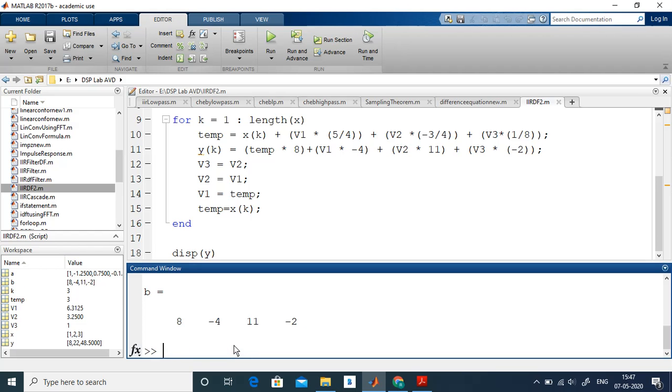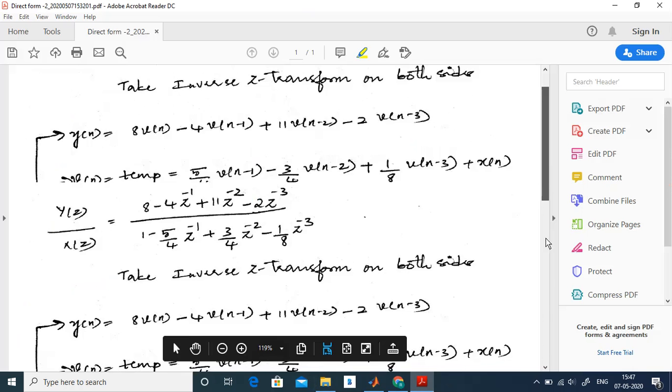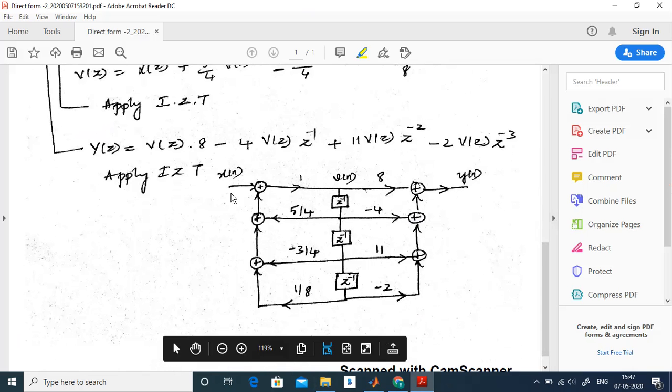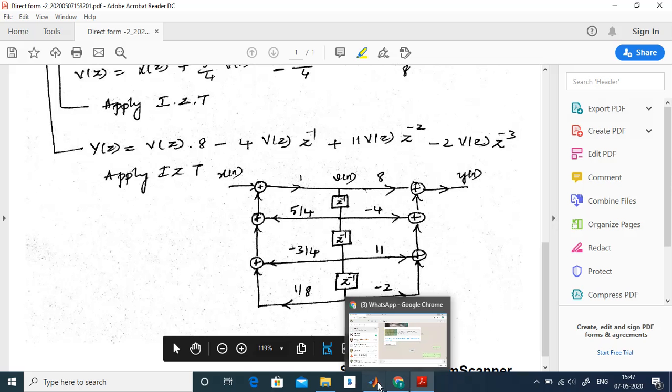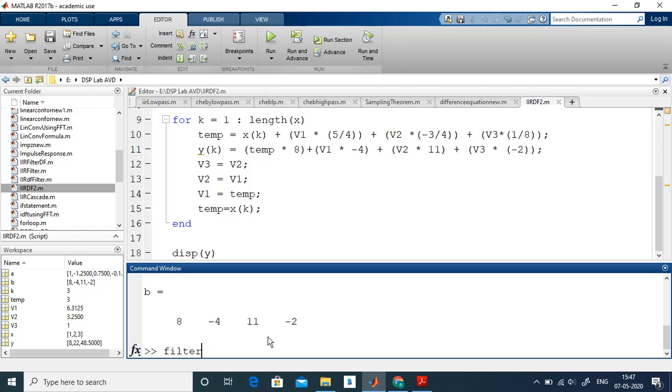So as I told, I'll use inbuilt function filter because basically this represents filter. I'll give input and then I'll pass that through filter. Inputs are in the form of A and B coefficients, and I'll verify whether I'll get back the same so that I can confirm the program which I have written is correct. So filter, for this filter inputs are B coefficients, A coefficients which represents transfer function, and then input X. A, B and X.